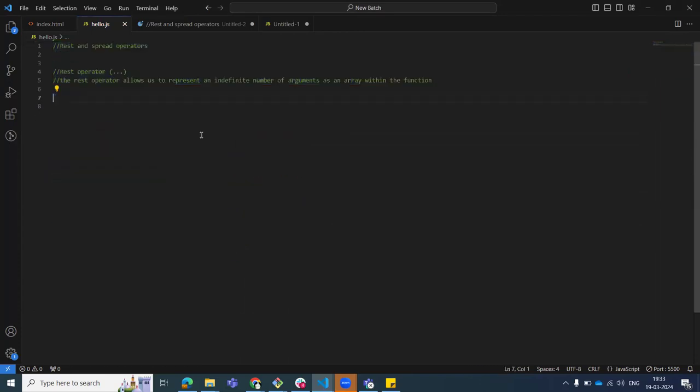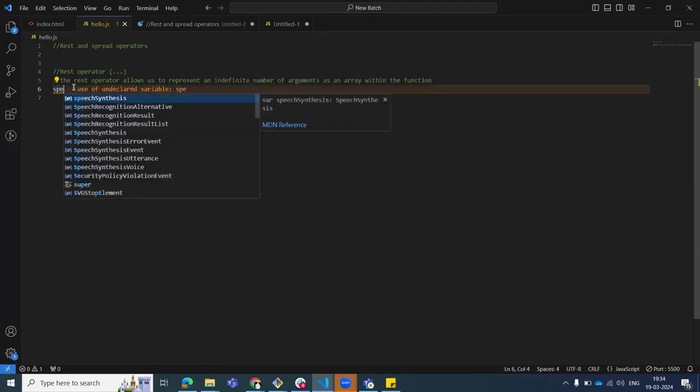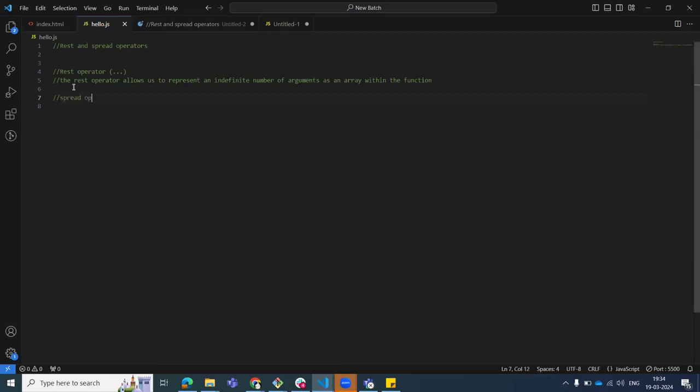Now let's understand again the rest operator. What we did in the rest operator? The rest operator allows us to pass an indefinite number of arguments within the array of a function. Whereas the spread operator allows us to expand elements of an array or properties of an object